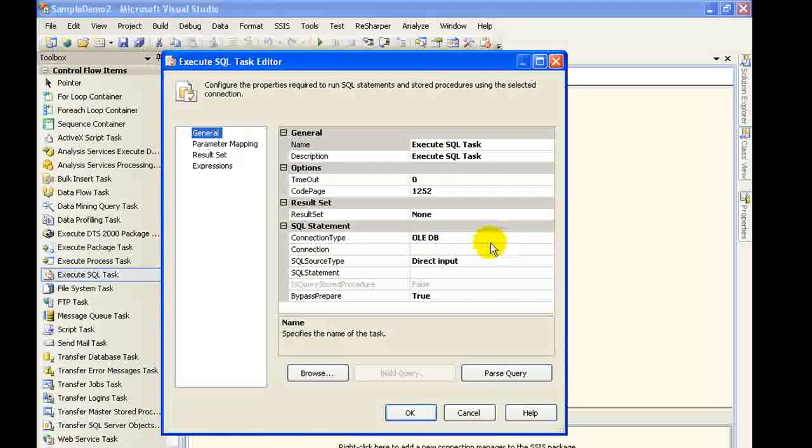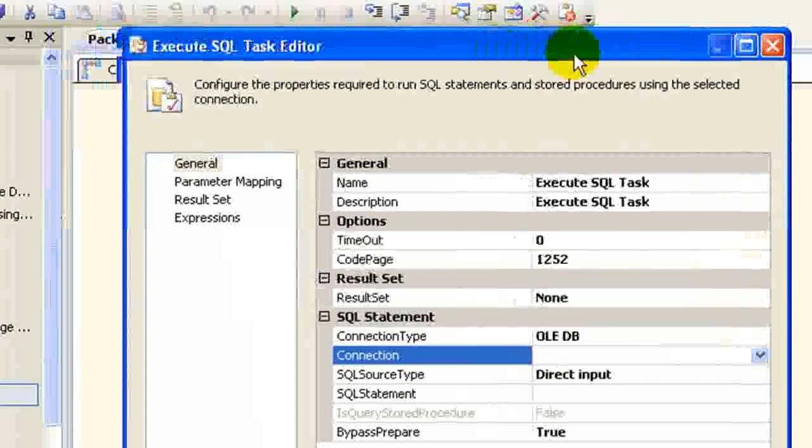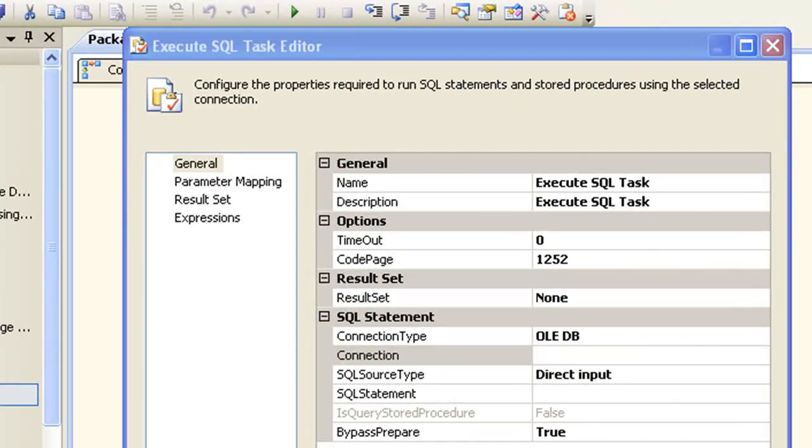So what I'm going to do is let me just fire up my management studio.